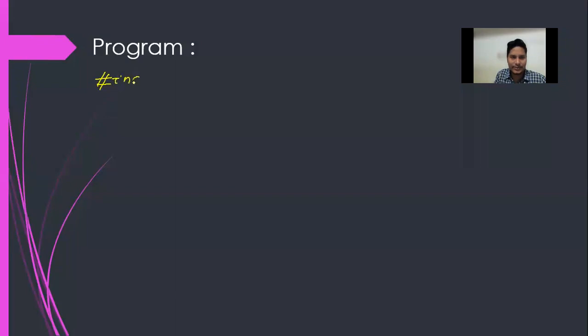#include <stdio.h>. #include stands for preprocessor directive and stdio.h stands for standard input output header file. Okay, because this header file contains the printf and scanf functions inside it, so that I can use these functions in the program. So next, void main,